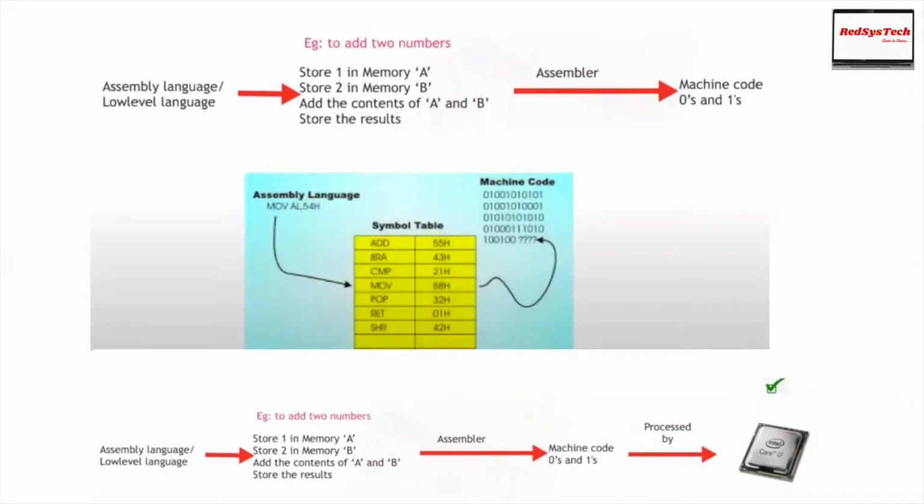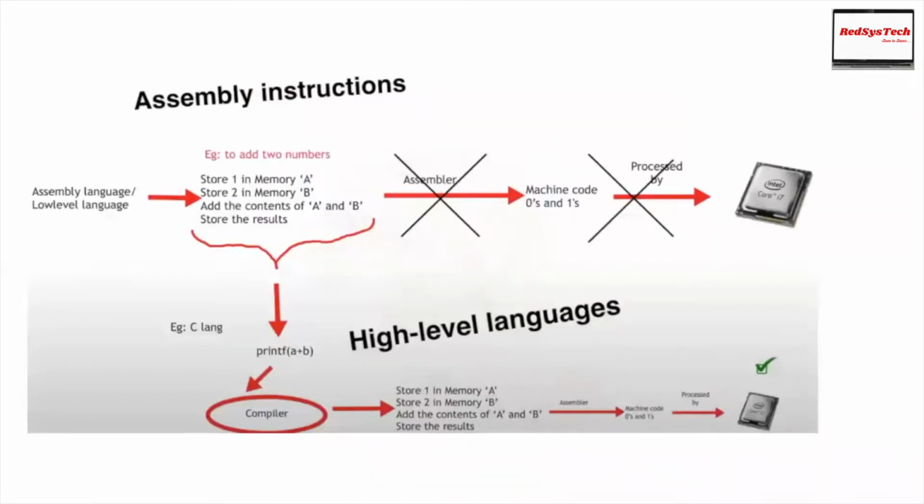This looks okay, but if you see how it is processed, whenever we write a program in assembly language, once the assembler converts it into zeros and ones, that is processed by a processor, right? The processors we use nowadays, like Intel Core, IBM, and a lot of AMD processors, can process this. But the thing here is that the assembly instructions cannot be understood by everyone. It was very difficult to make everyone understand the logic and how to work on it. That is the story behind how high-level languages evolved.